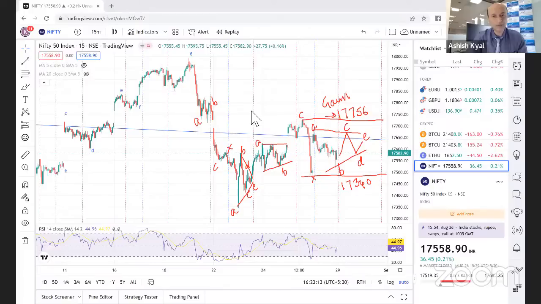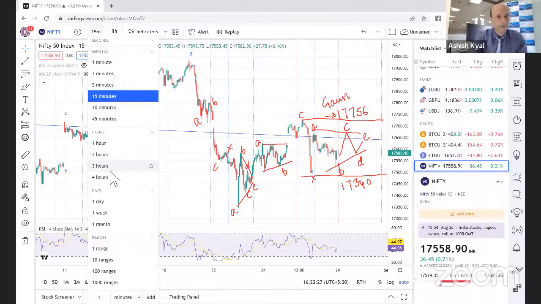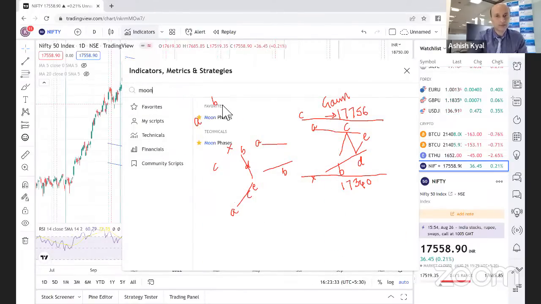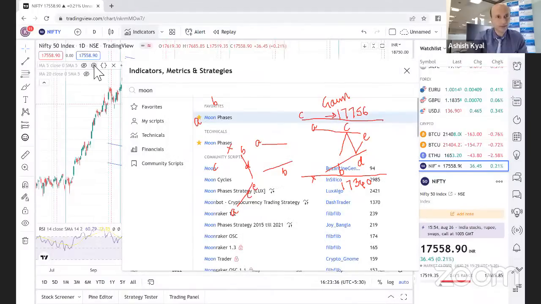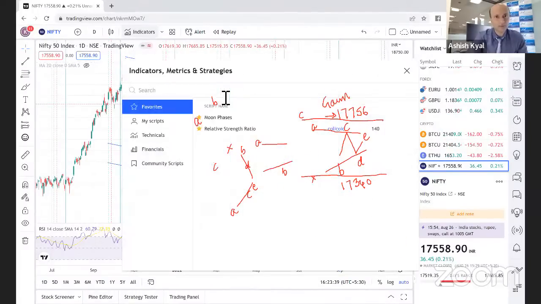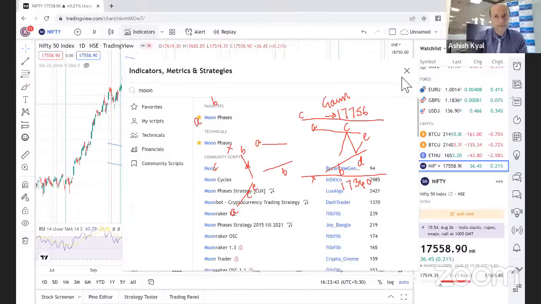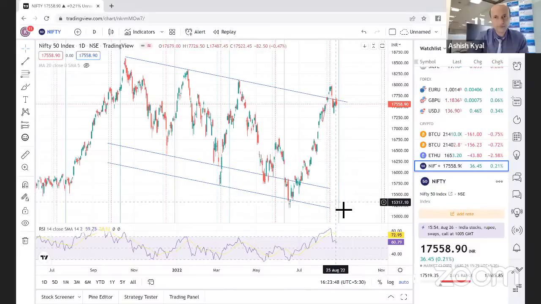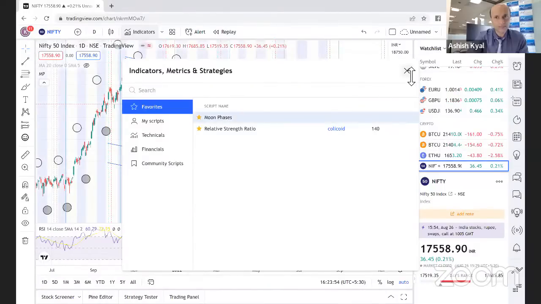The impact of Amavasya. So right now, if you're looking at the overall trend, the Amavasya is आज और कल में. Let us just open up the lunar cycle. Shall we do that? Lunar cycle देखते हैं. So if we go on this chart and we are looking at the lunar cycle, from the moon phase. Okay, I have to delete one indicator. So I'm going to put lunar cycle here. And I'm going to clear off the screen. If you check, where is it gone? Okay, moon phase is, yes.